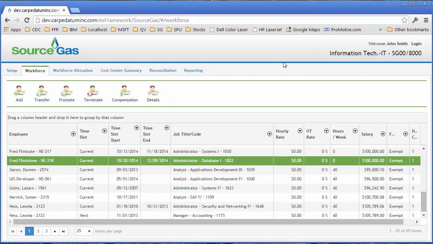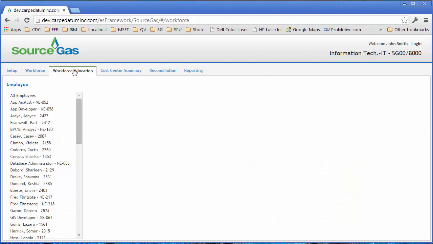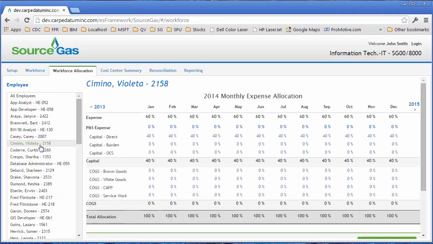Now that I've made all the adjustments I'd like to make for this set of employees, I can click the Workforce Allocation tab. At which point I'm presented with a list of employees in the department, as you can see here, and I can select one of those employees and I can then allocate them